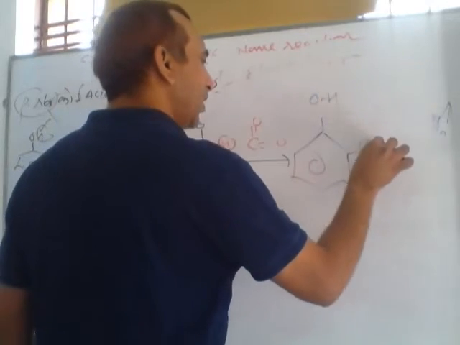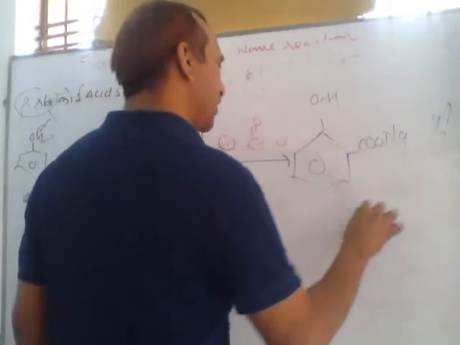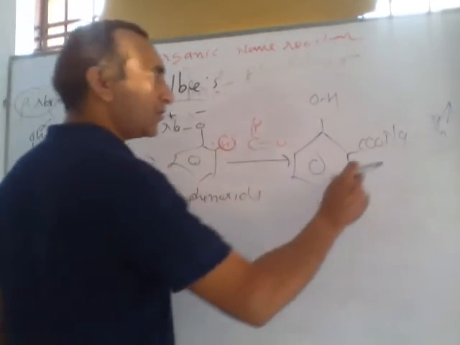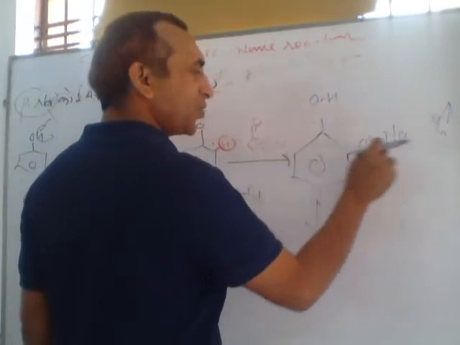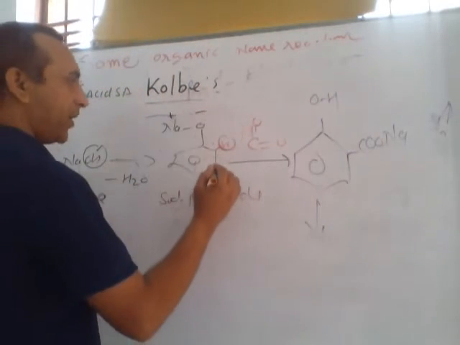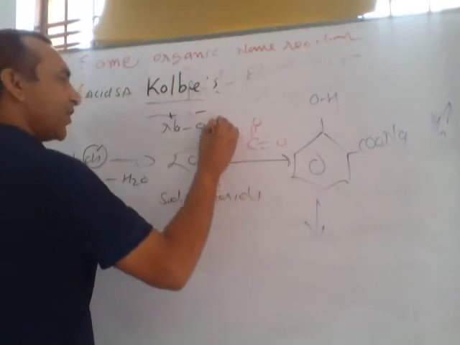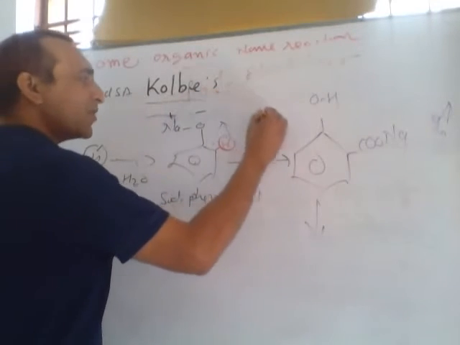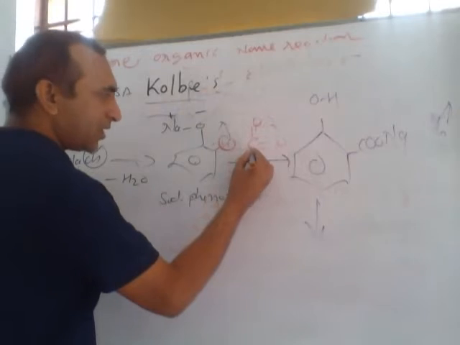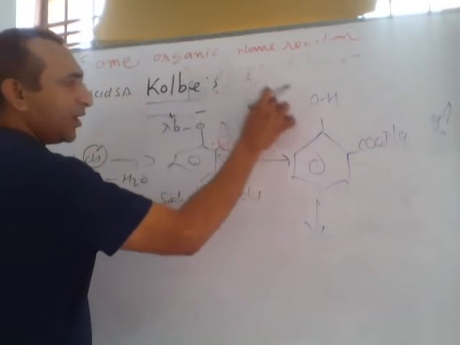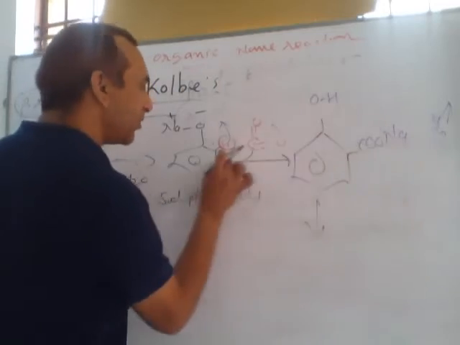Can you guess from where this compound is formed? Can you guess? Actually, this is sodium salicylate, the sodium salt of salicylic acid. Listen, simple. The H transfers from the ortho position to this oxygen, and this sodium transfers from here to here, and this carbon joins here. Simple. This forms OH. Here you write COH and this carbon is directly joined.